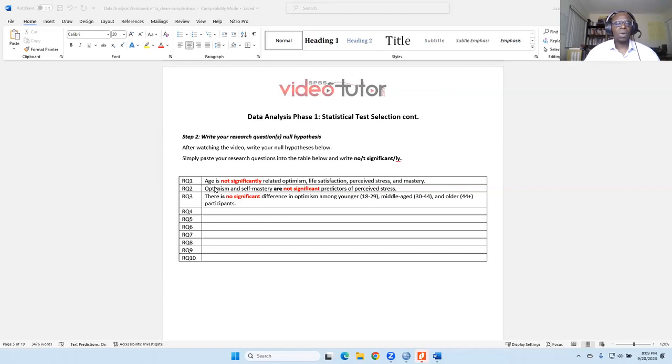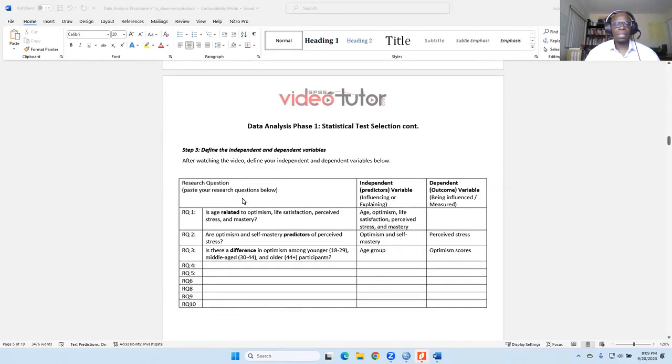Age is not significantly related to optimism, life satisfaction, perceived stress. Optimism and self-mastery, research question 2, are not significant predictors of perceived stress. There is no significant difference in optimism among younger, middle-aged, and older participants. So that was step 2 on day 1.